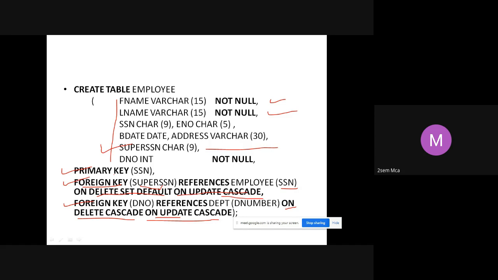So when you try to define the foreign key, I have told you that we used a different syntax in the lab programs. We can also use the foreign key keyword in order to declare it, which we saw in the last class. When you define a foreign key, you should also define what you want to do if you delete it and what you want to do if you update it. For every foreign key, you have to specify this. Otherwise, it will lead to inconsistency.